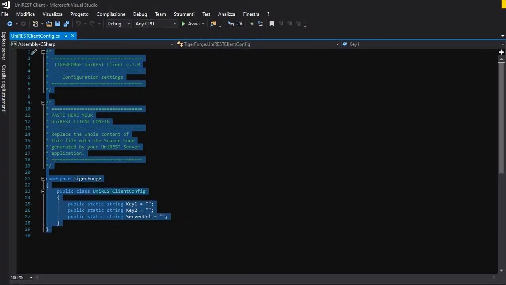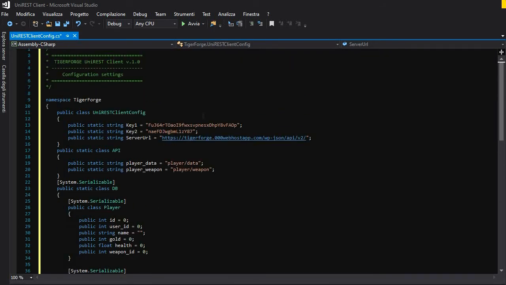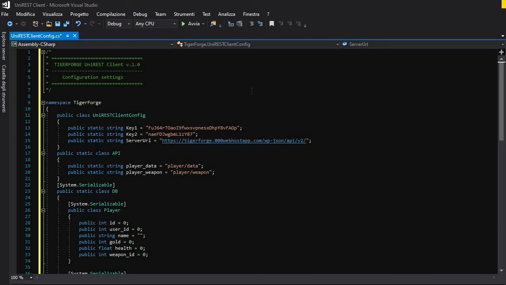and paste it into the UniREST client config file, replacing the current content. The UniREST client is ready to be used. Before explaining how to use this asset, let's take a look at what this script is, and how it